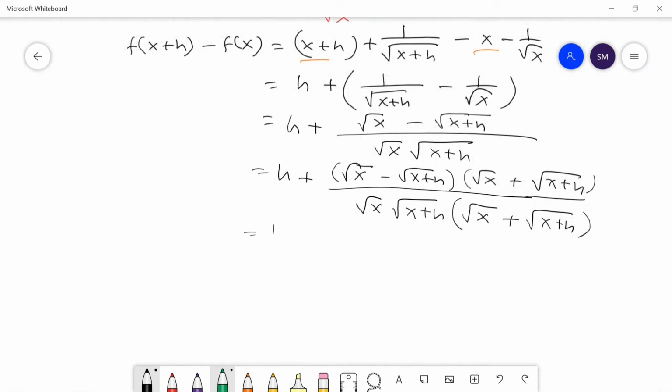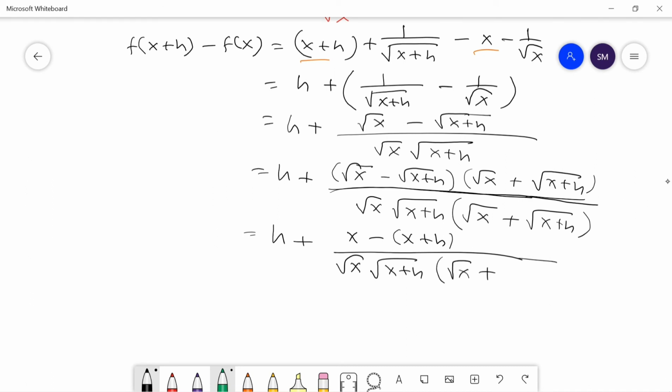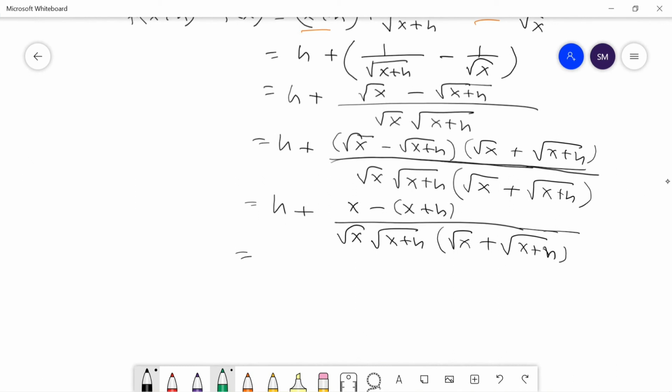This is equal to h plus, you simplify this numerator, you will get x minus x plus h over square root of x, square root of x plus h, and square root of x plus square root of x plus h. So we'll get h minus h over,